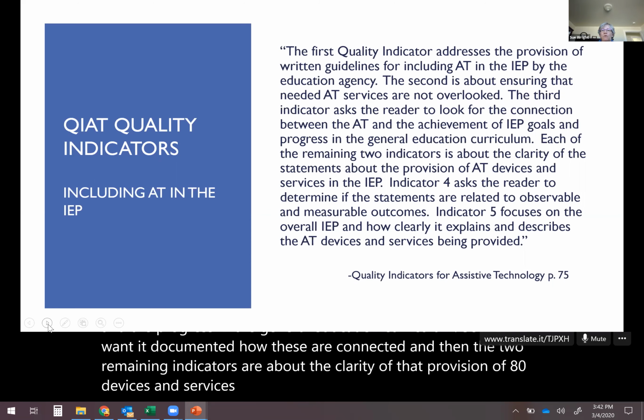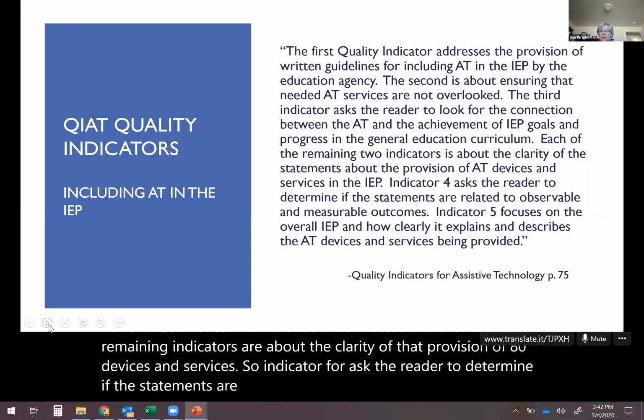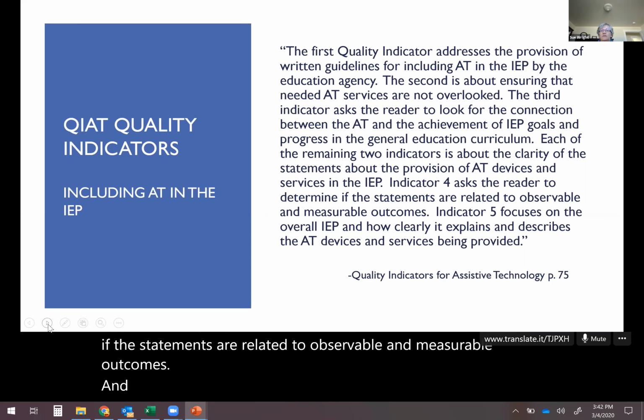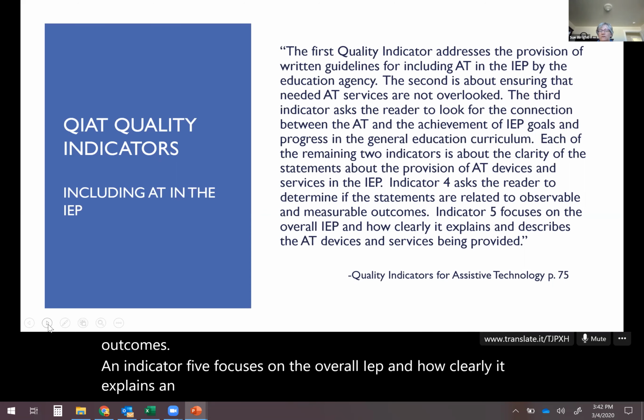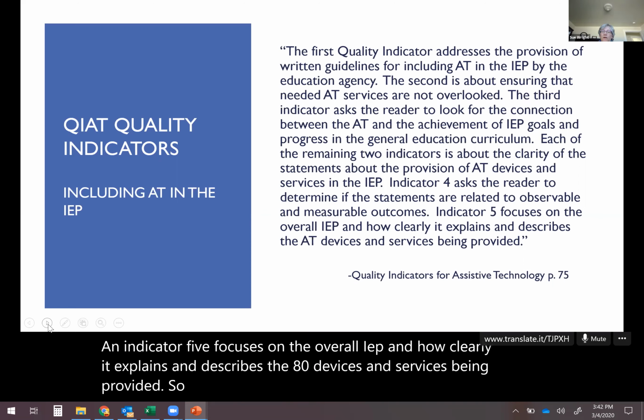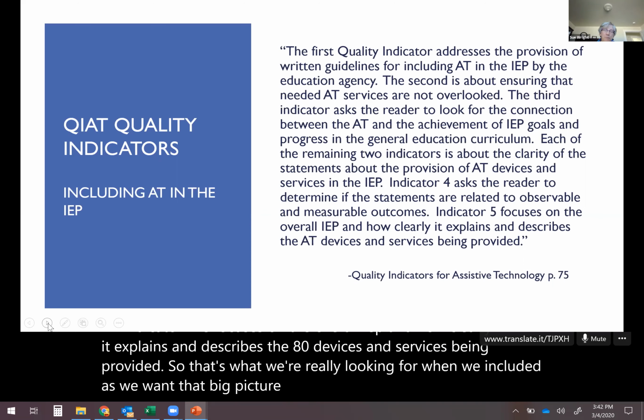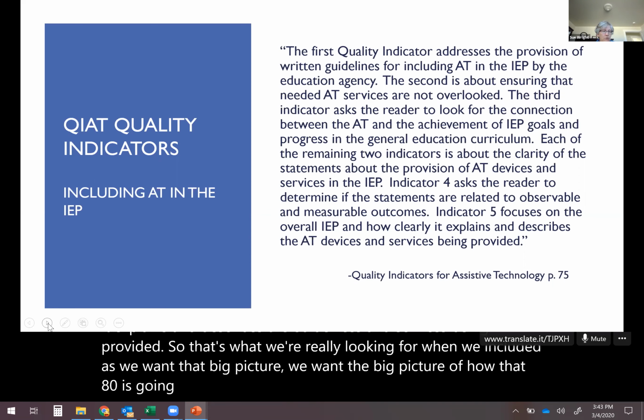Indicator 4 asks the reader to determine if the statements are related to observable and measurable outcomes. And indicator 5 focuses on the overall IEP and how clearly it explains and describes the AT devices and services being provided. So that's what we're really looking for when we include it: we want the big picture of how that AT is going to help that student meet their goals and progress